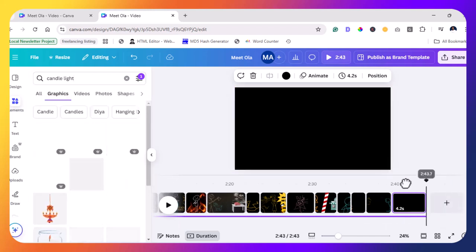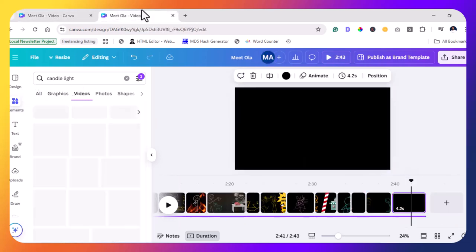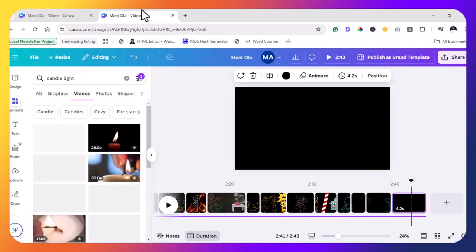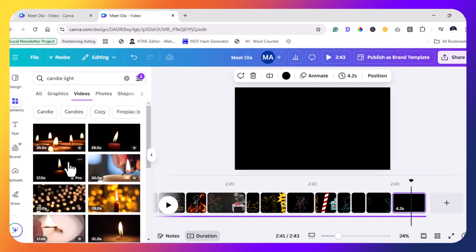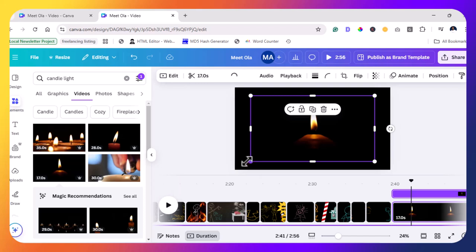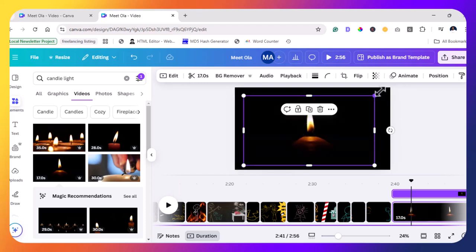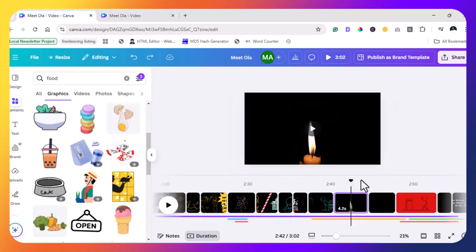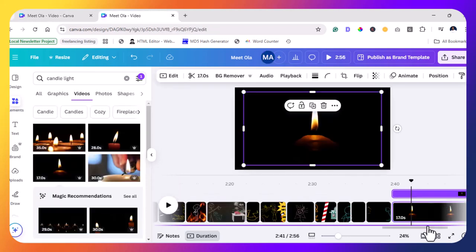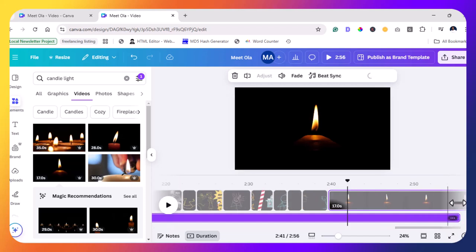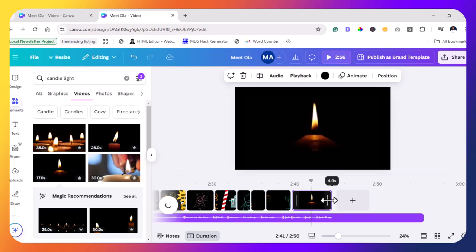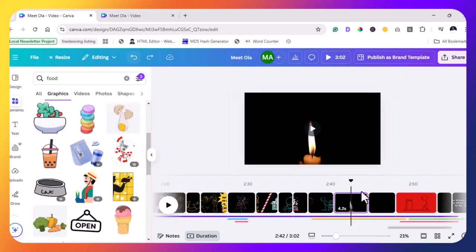Using a video. Something like this. Scale it. Then adjust the video back to 4.2. Okay, after that,